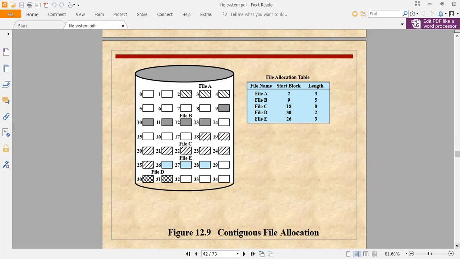So the major problem faced by a contiguous file system is external fragmentation. One strategy for preventing the loss of a significant amount of disk space to external fragmentation is to copy an entire file system onto another disk. So this is one way.